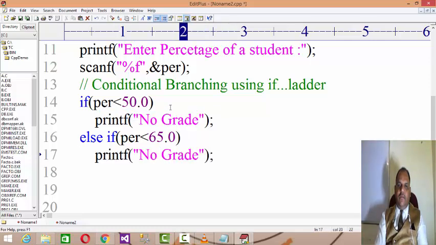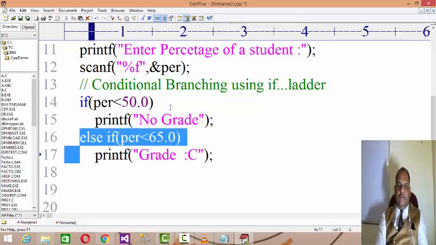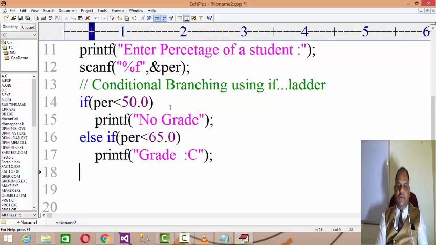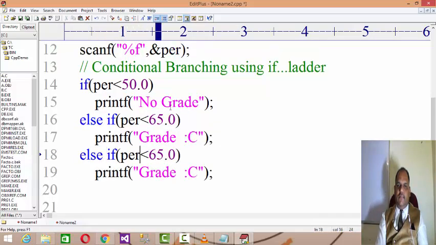and that grade will be C. Then next, if it is less than 75, then B. There is no point writing more than or equal to 65 and less than 75 again, because if it is not less than 50, it means it is more than 50.